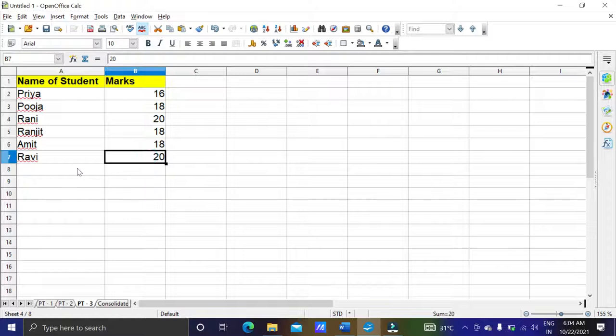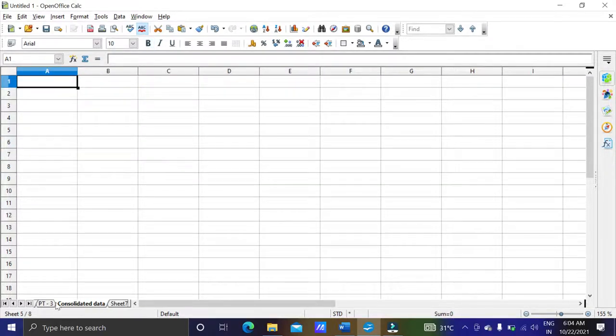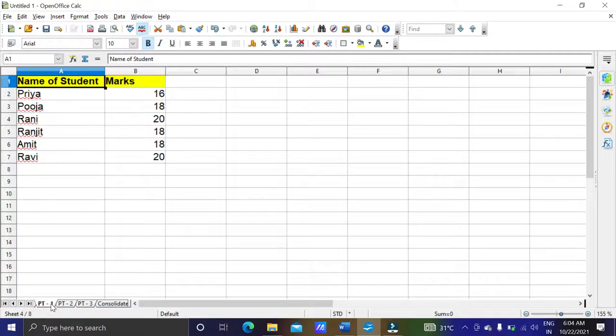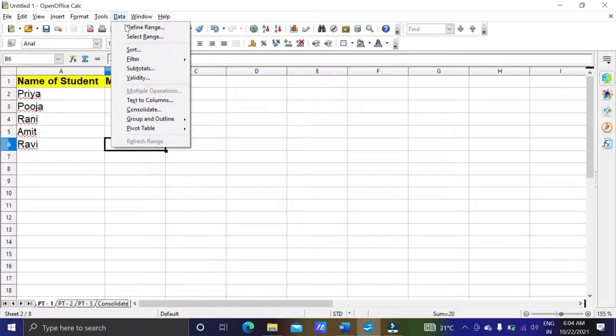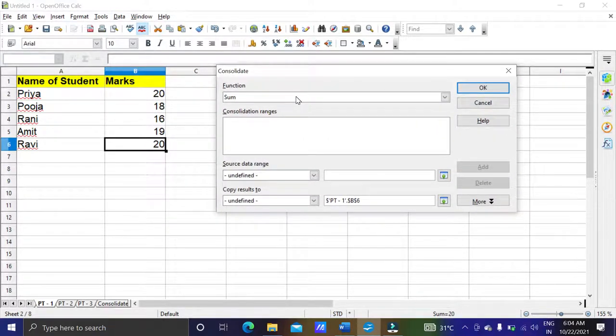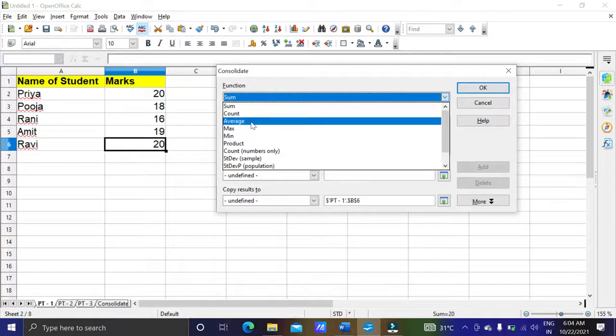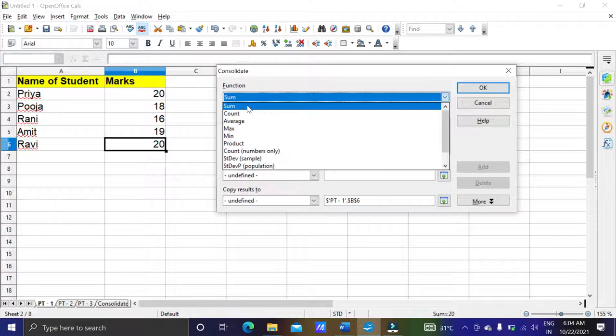Okay, so now we have data in 3 multiple sheets, and I want to consolidate the data in these 3 sheets. So this is our consolidated sheet, and these are our sheets where we want to put the data. So now for consolidation we will use data, and here we have the option consolidate. Click on consolidate. So we just discussed that we have to go for a function, either sum or count or average or max or minimum, or so many other functions are there. So first of all I am going for sum.